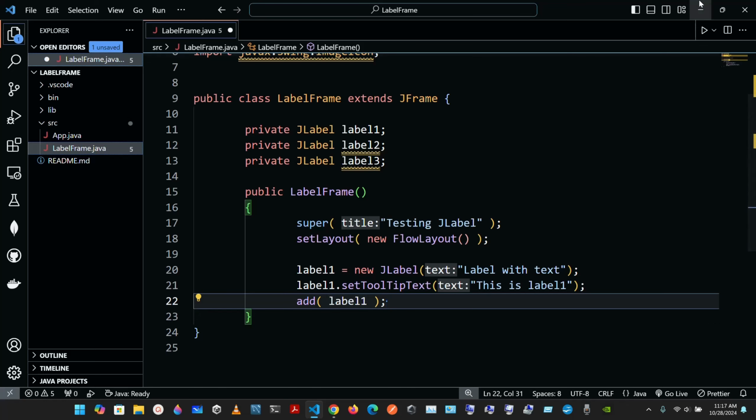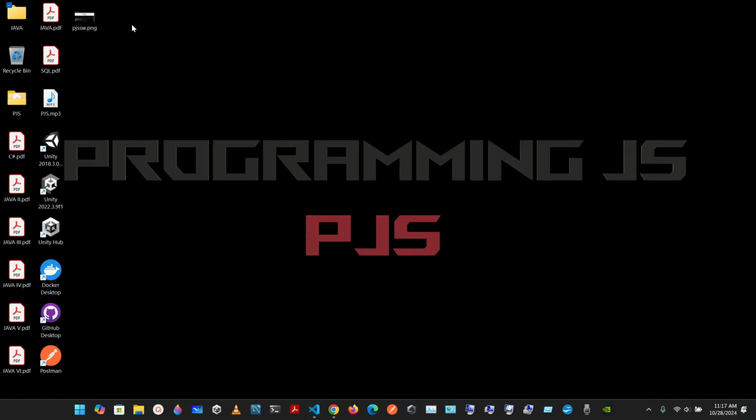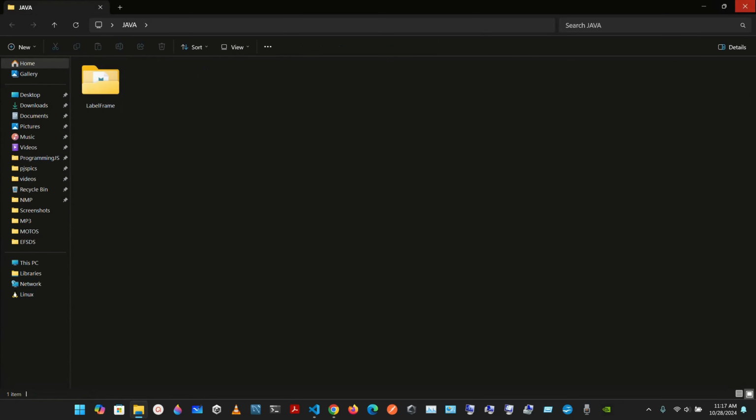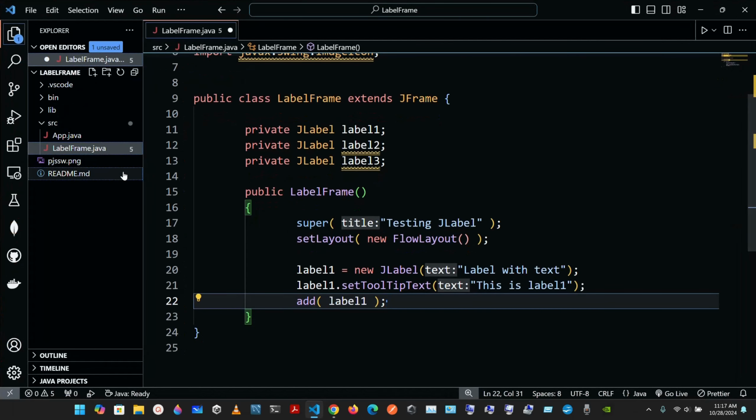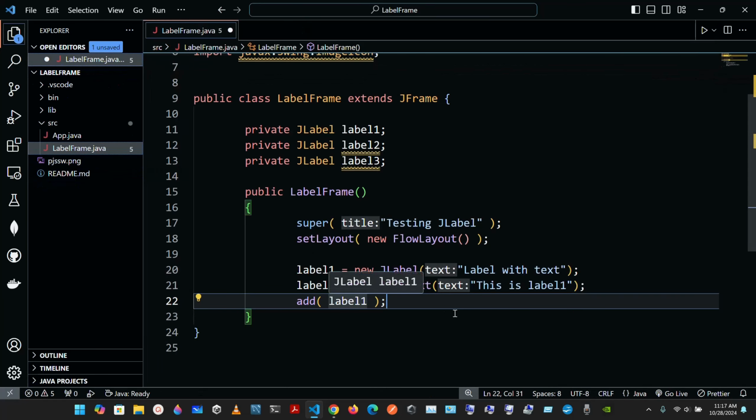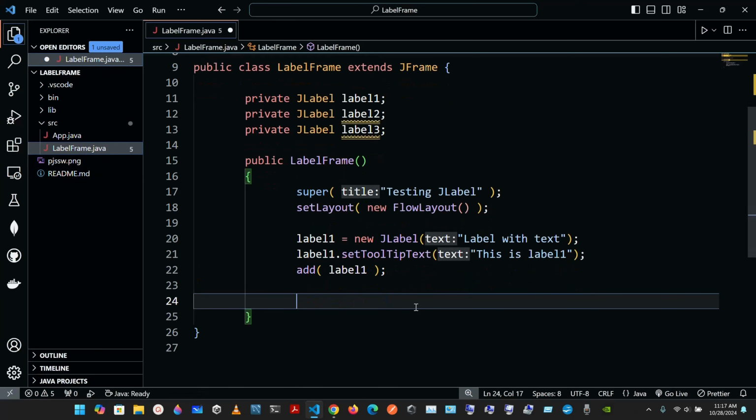Okay, so I already have an image here, so I'm just gonna put it inside of the Java folder, and inside of this folder that we are working on. So the Java is gonna appear here, so it's just this one. So we can just leave it for now there, and yeah, we're gonna go below,